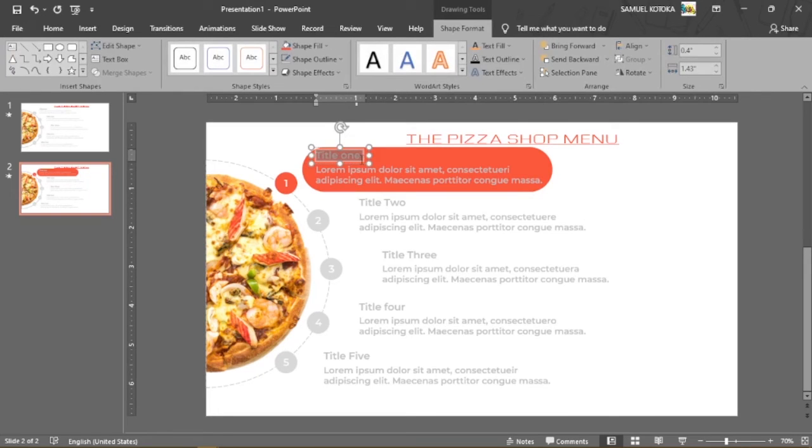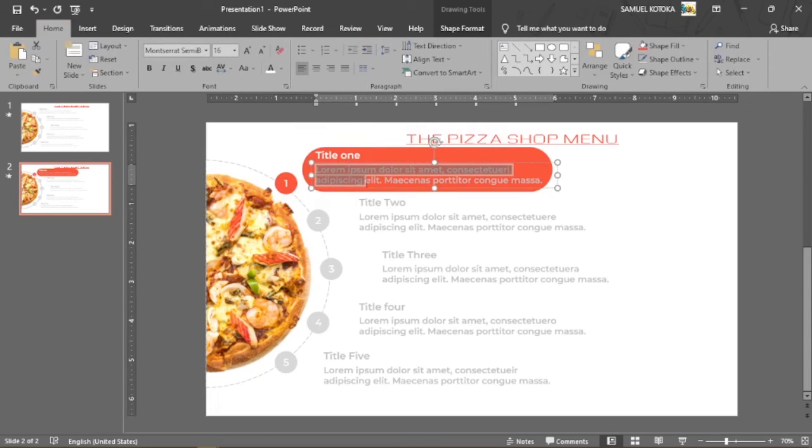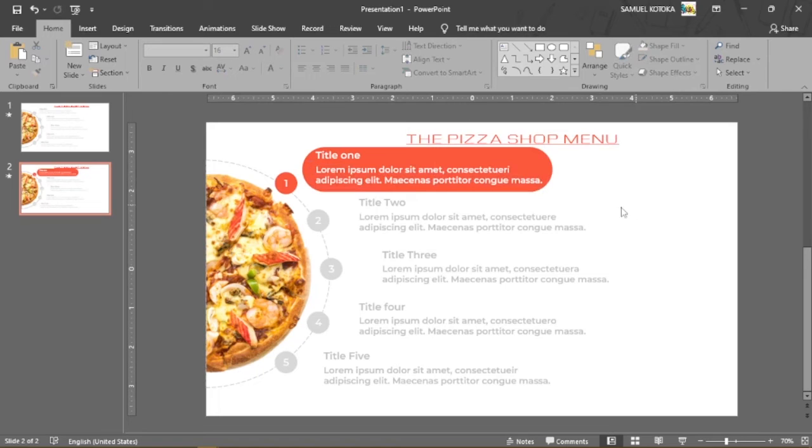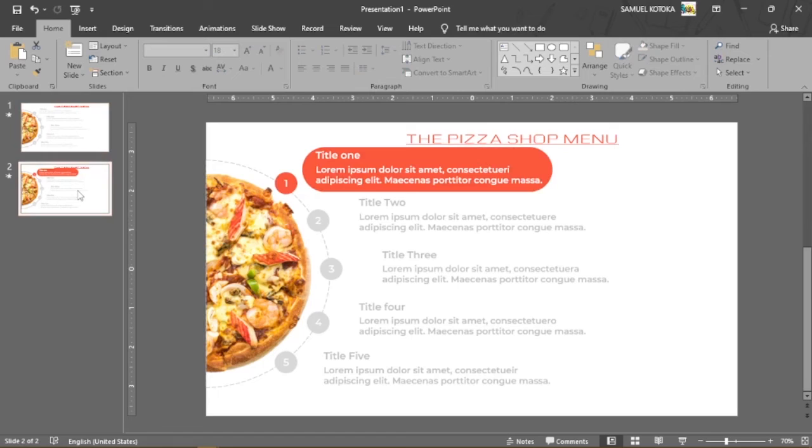Now you want to highlight your title and then come to home and give it a white color so that it shows when the animation is playing. So you give it a white color over here, and then yeah, this is the first one. You have the box over here, you have this guy highlighted, and then you have your text changing color. Now as it transitions from nothing to the first one, and then it has to move to the second one,